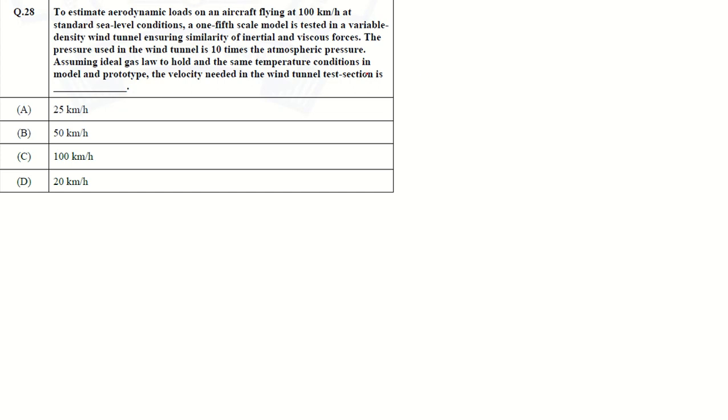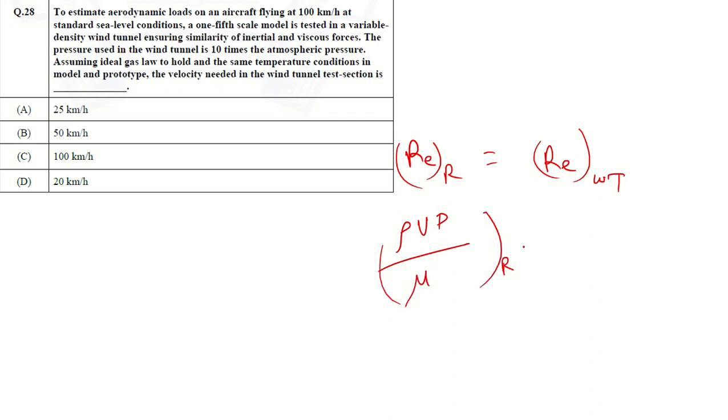Regarding the similarity of inertia and viscous force, that is, the Reynolds number of the model is equal to the Reynolds number of the real one. You will see here a 1/5 scale model is tested in a variable density wind tunnel. This is about the wind tunnel and this is real, R is real. So we know the Reynolds number rho V d divided by mu of real is equal to rho V d divided by mu of wind tunnel. Mu and mu, here now you will see